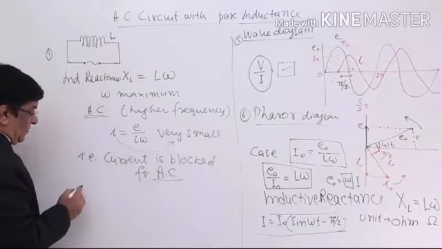Now, though sir is saying that current is blocked by the inductor when AC is supplied, kindly do not take it in the real sense of the words. It is basically a concept where, if the frequency of current is very high, the inductor will behave as an open circuit, and conversely, if the frequency of the supply is very low, in the sense if you have a DC supply given to the inductor, it will behave as a short circuit.